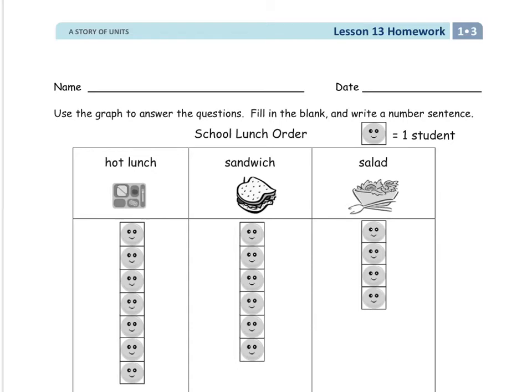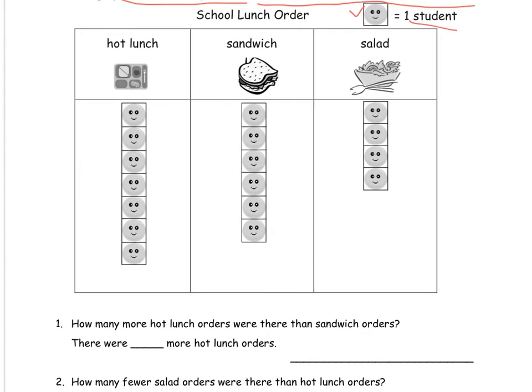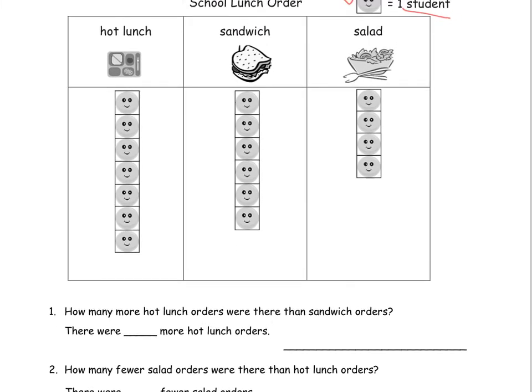The directions say, use the graph to answer the questions. Fill in the blank and write the number sentence. So I see that my key here, for every one of these, I have one student. So when I'm reading my graph down here, I can count and put the number down below to help me out with that, or I can count each time. So I'm going to start right in with question 1, and it says,